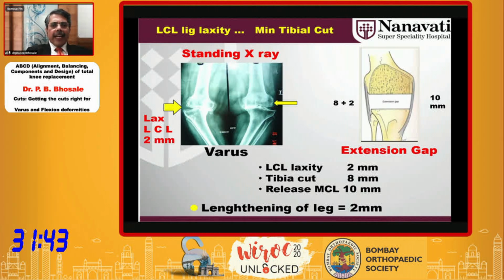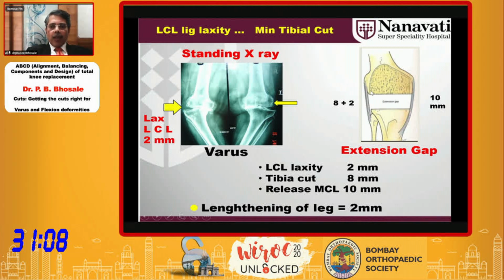So one very interesting thing, we get a lot of varus X-rays. When you take a standing X-ray, you always check if there's an opening on the lateral side. So there's a laxity. Roughly, if I say it is 2 millimeter, and you are planning to put a 10 millimeter spacer, cut the tibia only 8 millimeter and compensate that 2 millimeter, and release only the medial side 10 millimeter